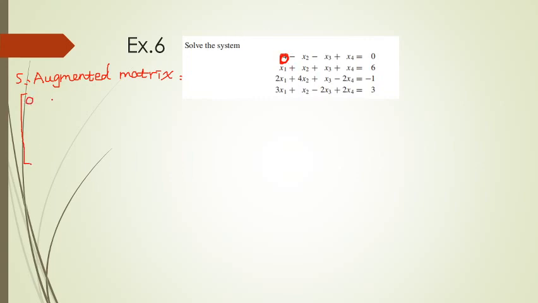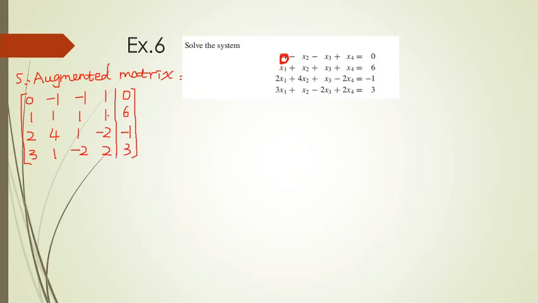The first term is 0, and then minus 1, minus 1, 1, 0. Second one, 1, 1, 1, 1, 6, 2, 4, 1, minus 2, minus 1, 3, 1, minus 2, 2,